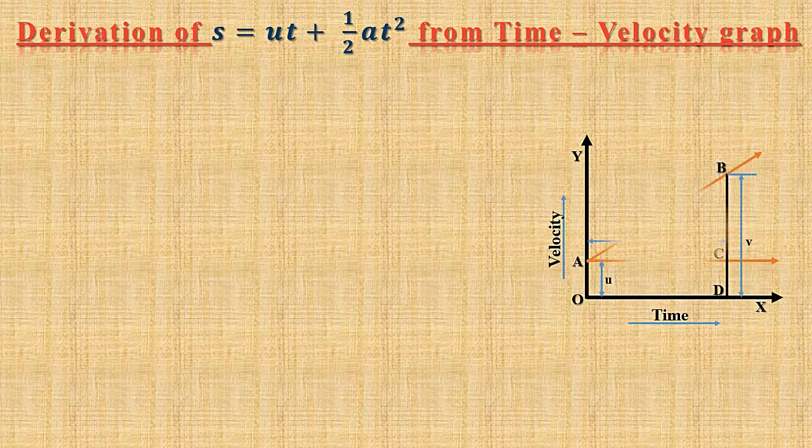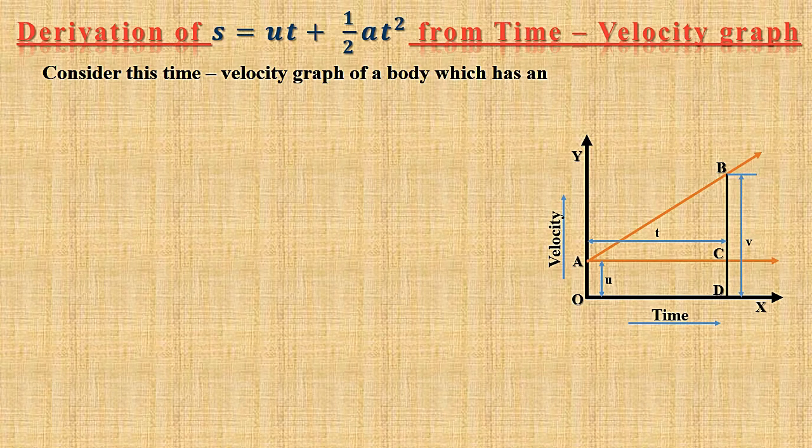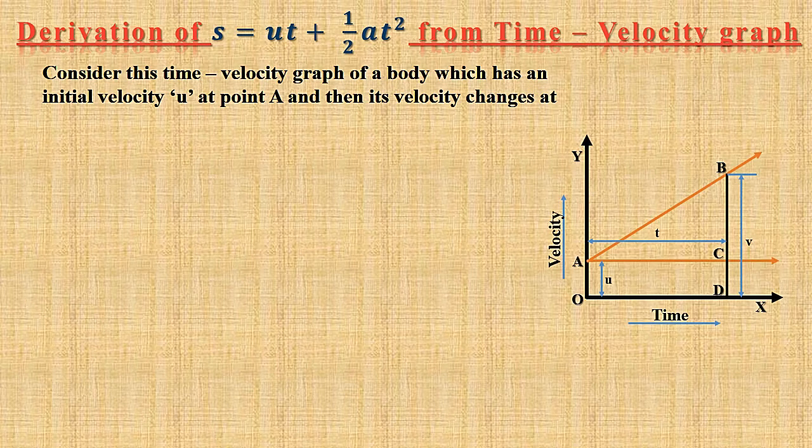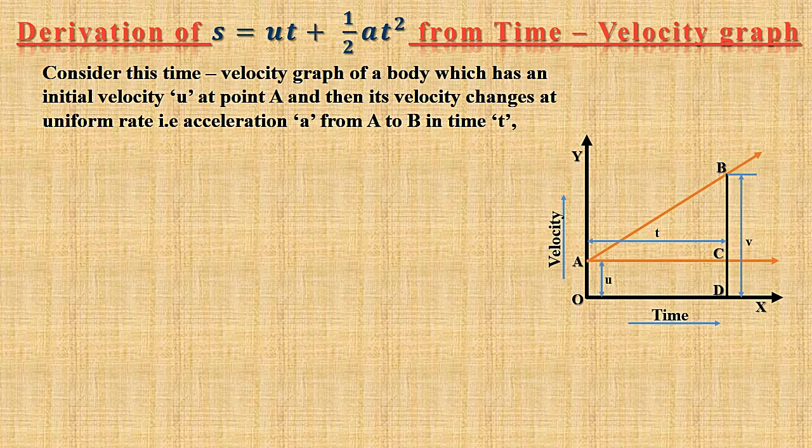This is for s is equal to ut plus half at square. One thing you should know is that distance equals velocity into time. So we need the area of the trapezium,